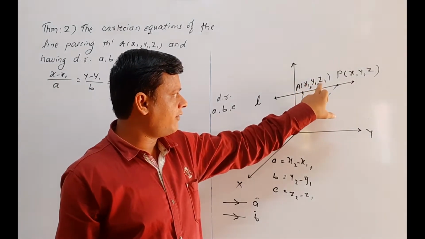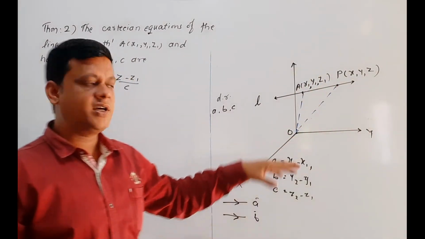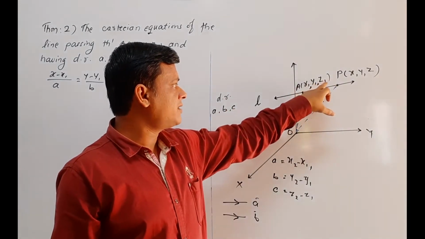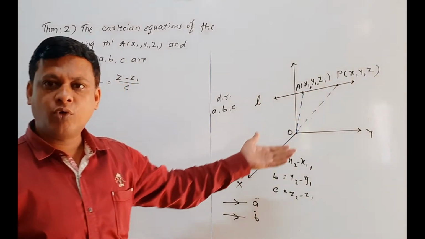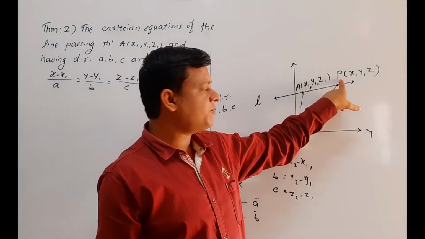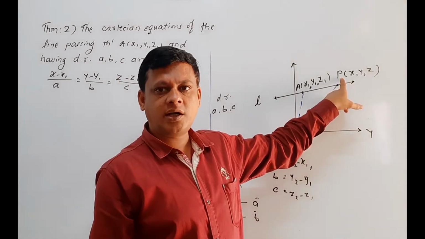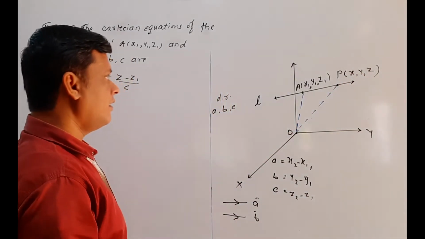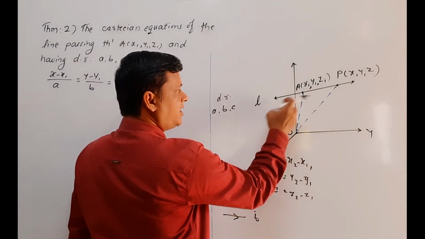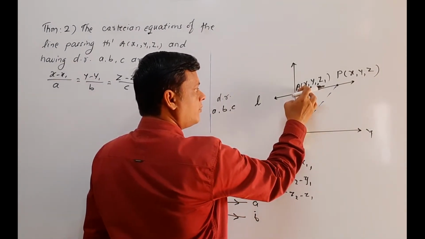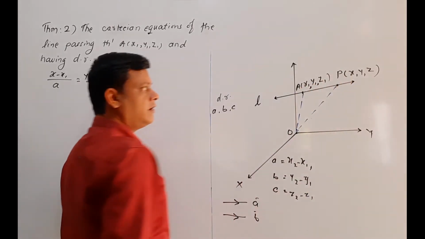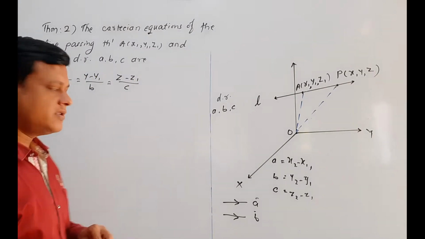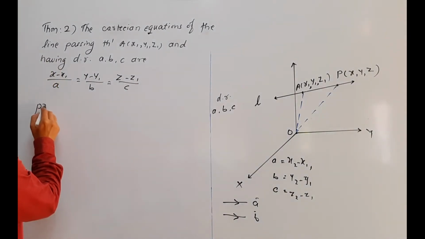Now see here, we have to find the Cartesian equation of the line passing through the point A of x1, y1, z1. So we consider here line L which passes through the point A of x1, y1, z1, and we consider one more point on that line, that is P. So we consider the coordinates of point P as x, y, z. So we first find the direction ratio of this line L in terms of x and x1, y and y1, z and z1. So right here in the proof,